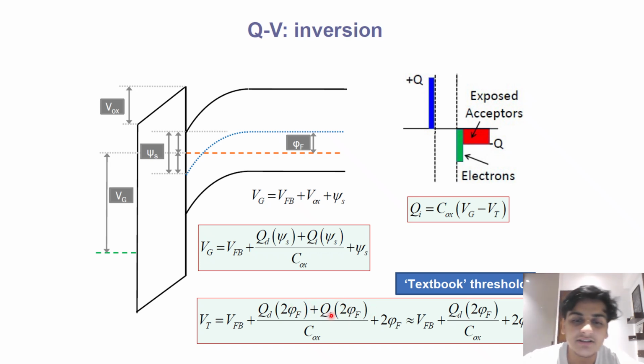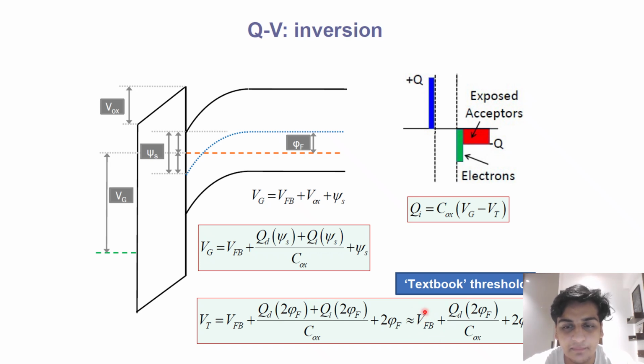It so turns out that this total inversion charge that gets created is not very high in magnitude compared to this depletion charge. So this term can be ignored with respect to this term,